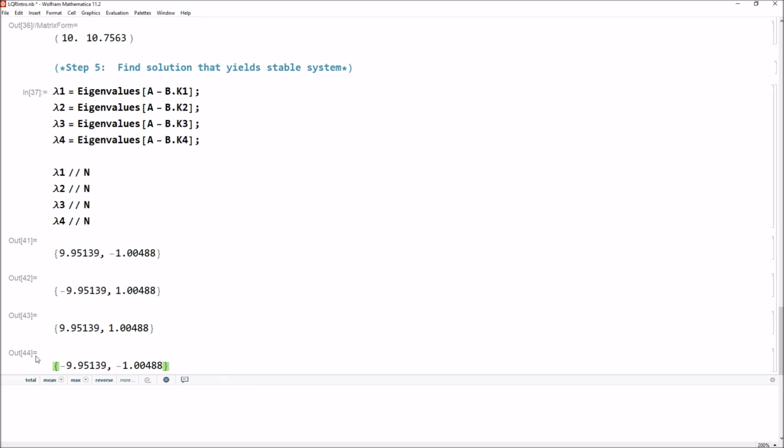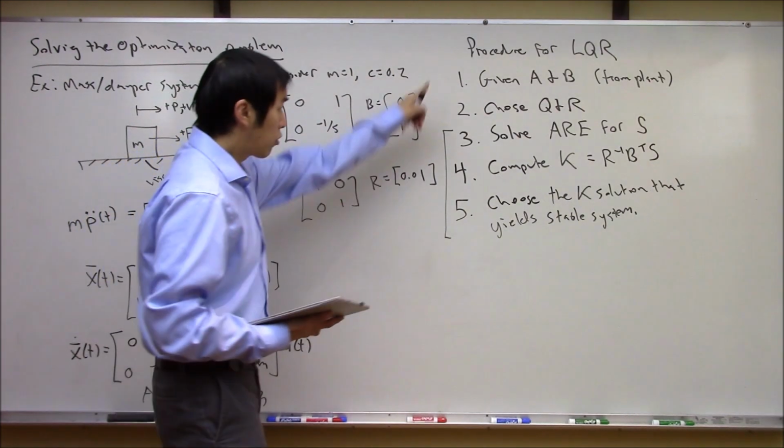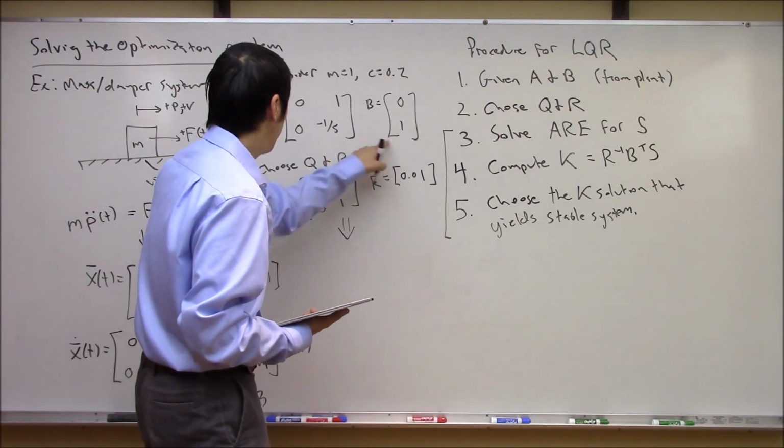Aha, here we are. It's actually the 4th solution here, right? The 4th solution gets you a controller which will yield negative poles. So we see that the solution here that we're looking for, it's really K4 here. So here's my controller here that should work. A positive 10 and a positive 10.75. Okay, great. So we just did this in Mathematica, and we saw that basically this A, B, Q, and R